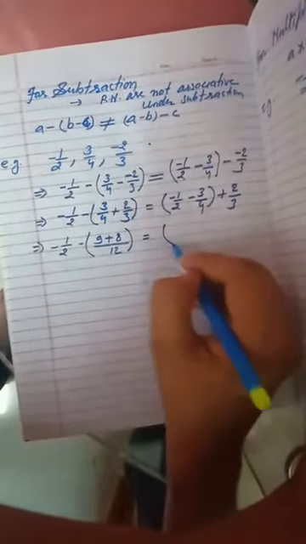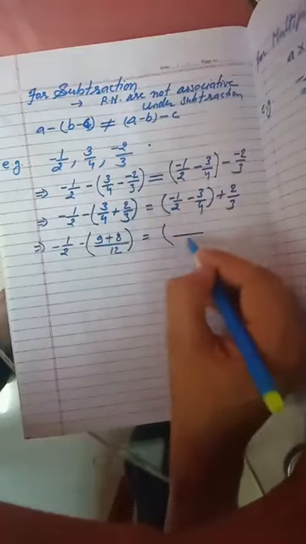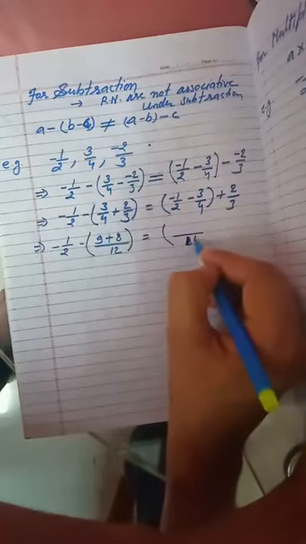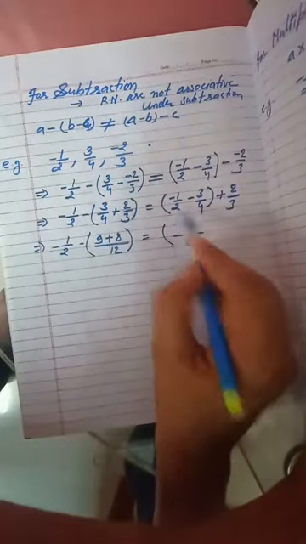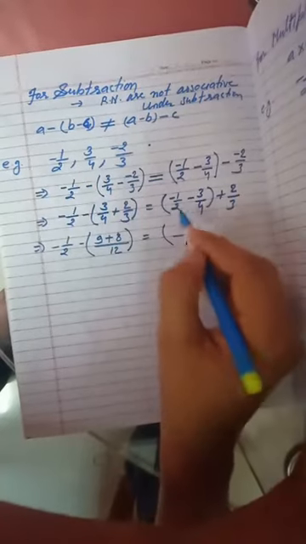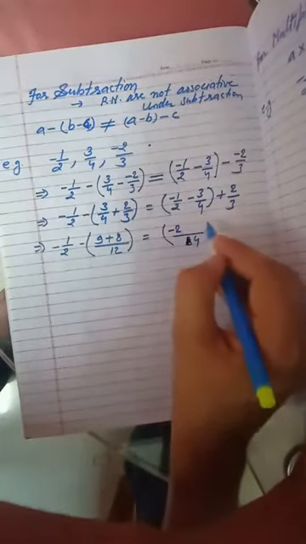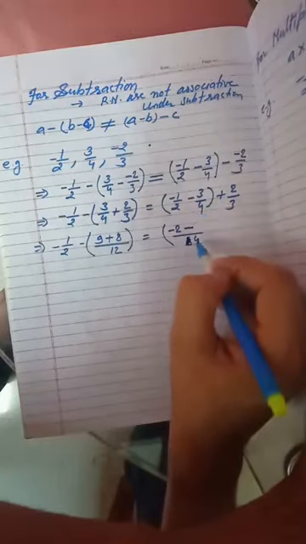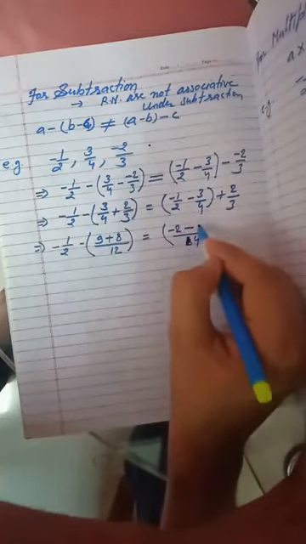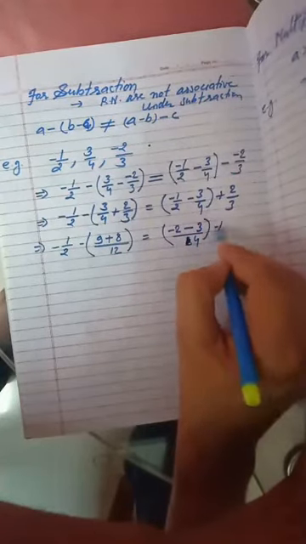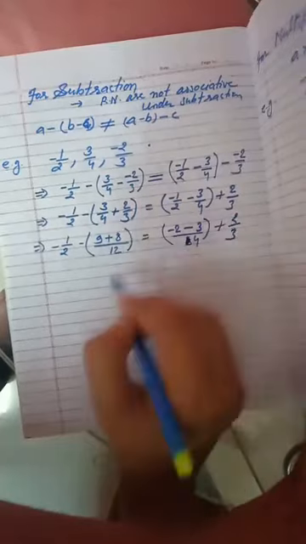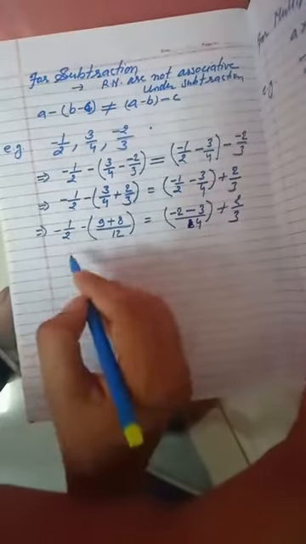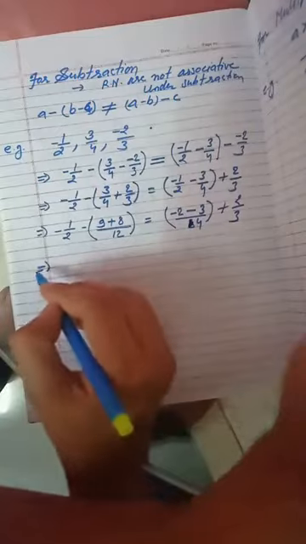Okay, now the LCM is again 4. 2 divided by 4 is 2, multiplied by minus 1, that gives minus 2. Put the sign minus here. 4 divided by 4 is 1, multiplied by 3, it is 3, plus 2 upon 3. Is it clear? Now again you will see